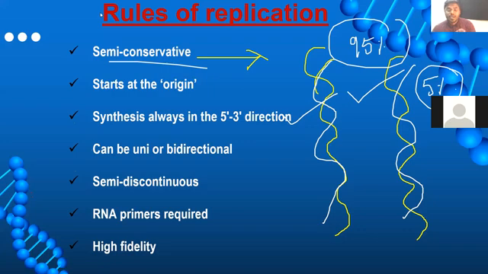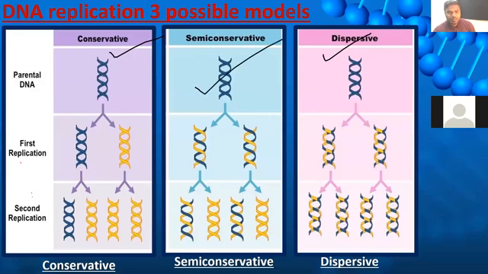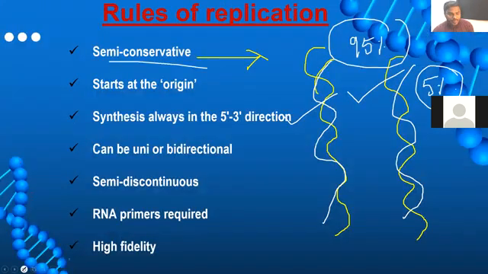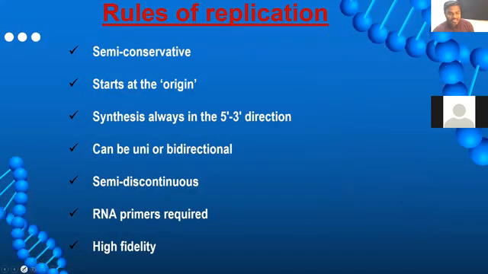We say it is one of the most beautiful experiments that has happened so far in the field of biology. A classical experiment. They finally proved the semi-conservative model is the correct model. The conservative and dispersive models are not the correct model. They proved it. How they proved it, we will understand elaborately in the next class.